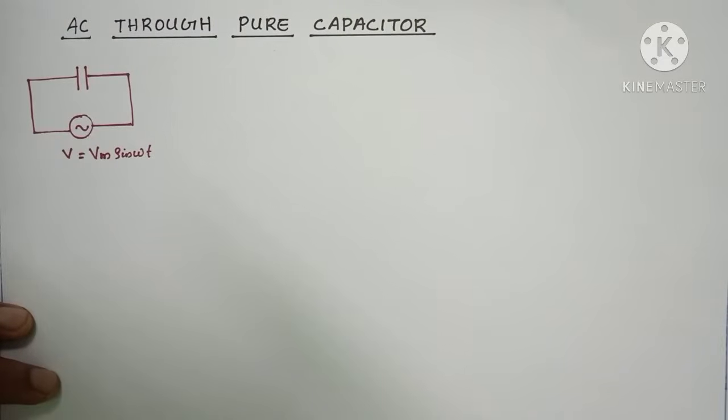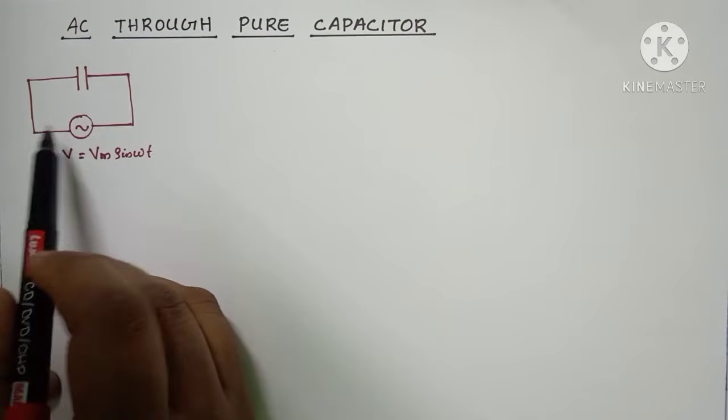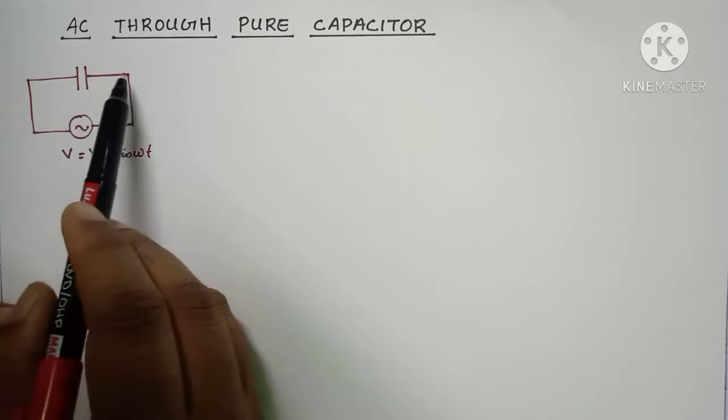Here in this video, we are going to see the effect of current, voltage and power in the case of a pure capacitive circuit when an alternating current is passing through this capacitor, this pure capacitor. For this, first we can consider a basic circuit, a capacitor which is supplied